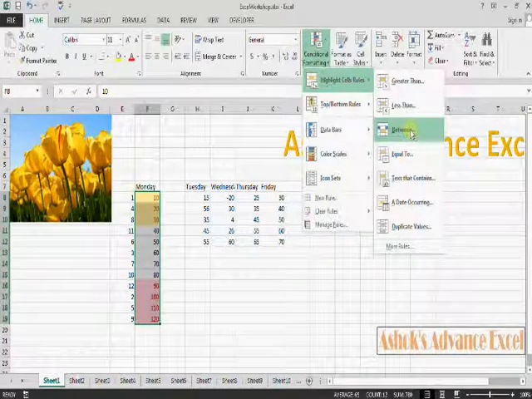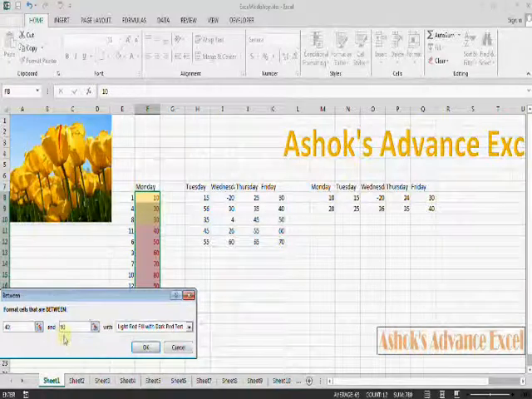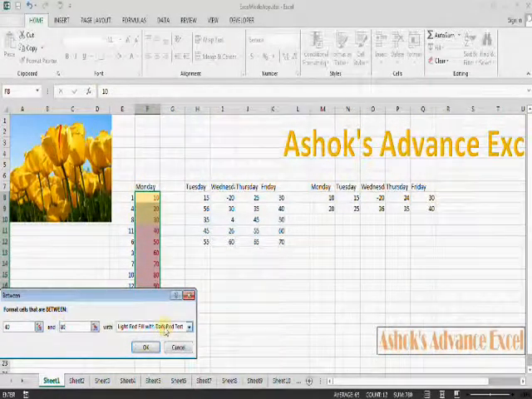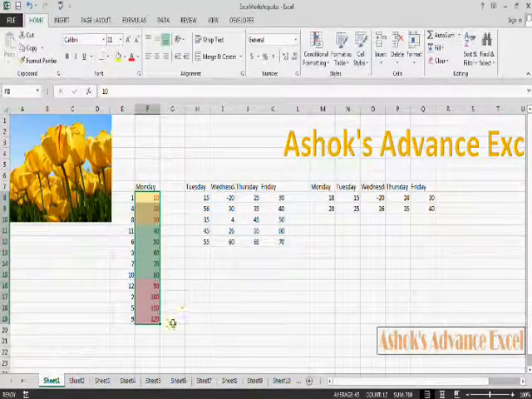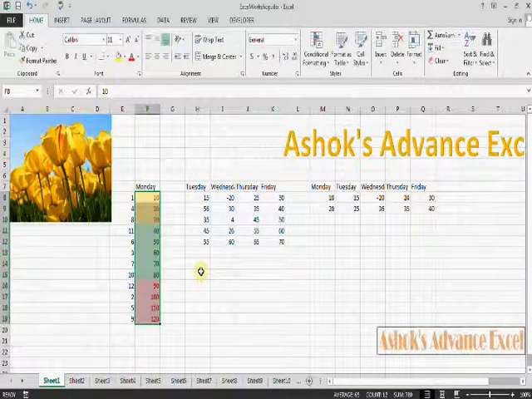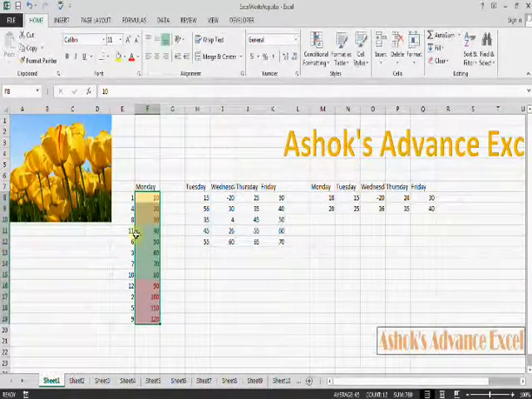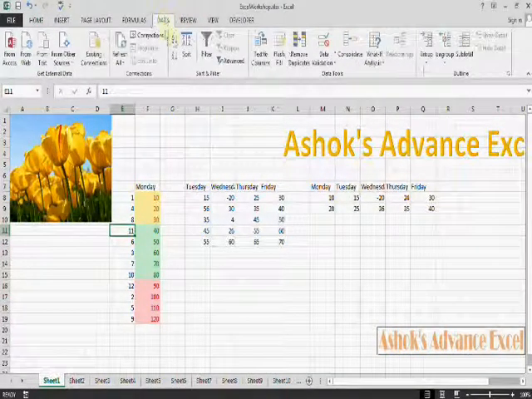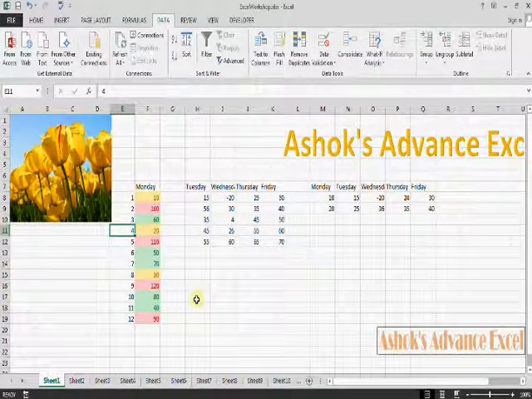Again go to conditional formatting, third rule between, write here 40 and 80, select formatting, that is green, click OK. Now you can see we added some conditional formatting to this cell. Now I am going to scatter it. Just go to the Data tab and sort it. So this way colors are scattered.